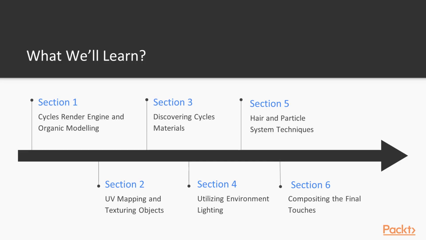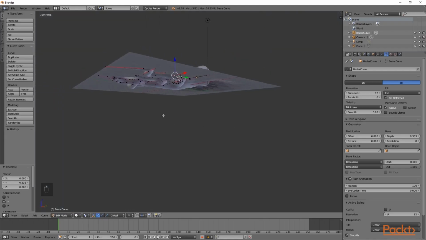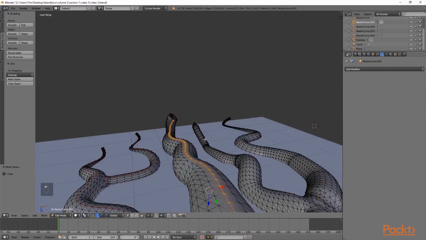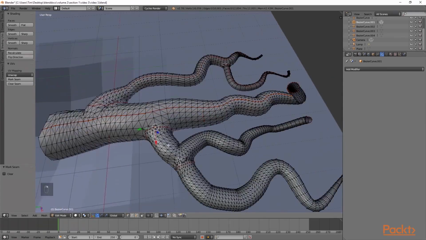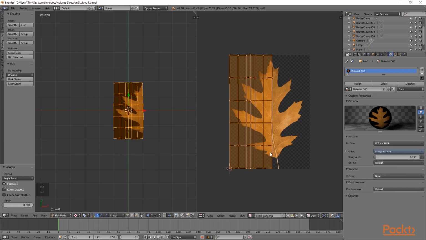In this course, there are 6 different sections, each crammed full of new techniques and knowledge to help you extend your 3D capabilities. We first begin this course by going over the basics of the Cycles Render Engine, as well as using curves to model organic shapes. Once these basics have been established, we then learn about UV mapping and how to unwrap a 3D mesh into a 2D representation. After this, we use these UV maps to apply different textures through multi-channel materials to make our